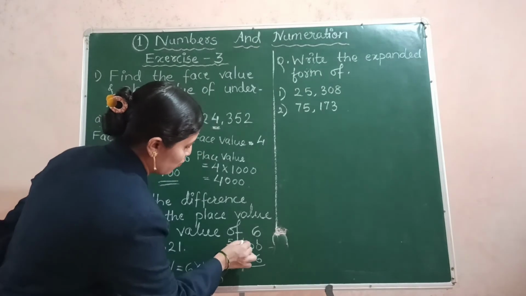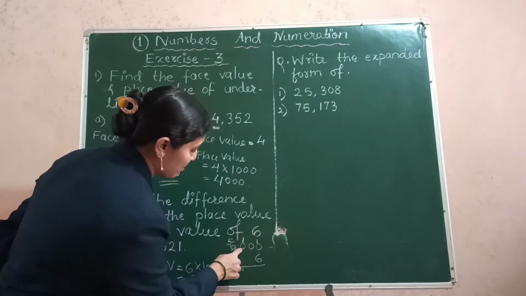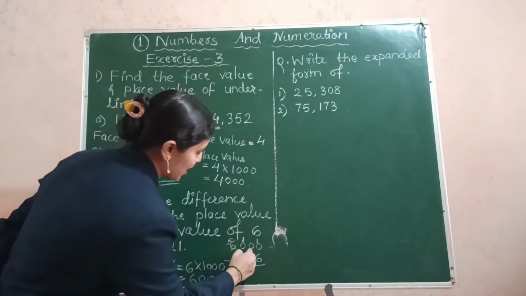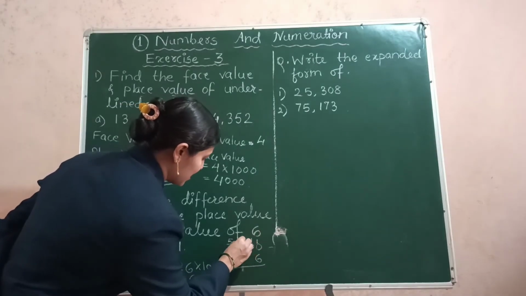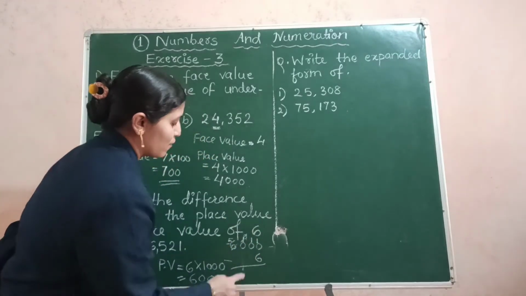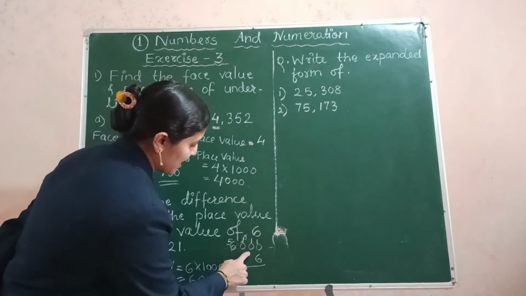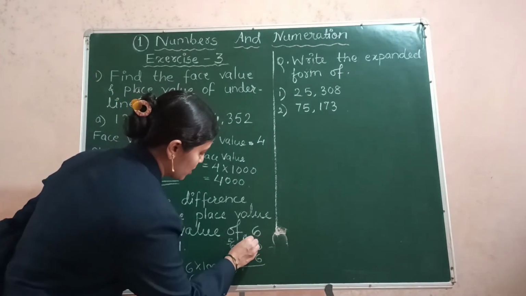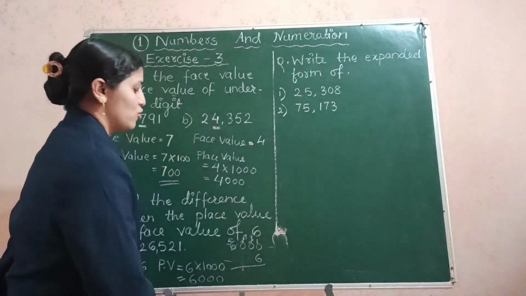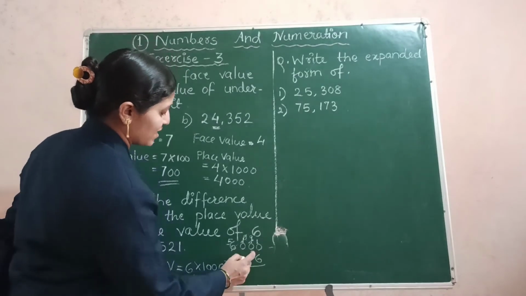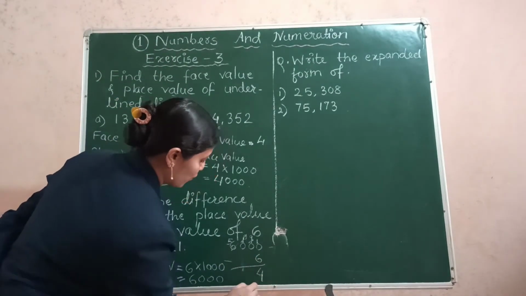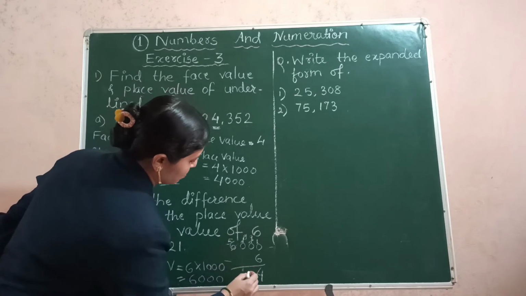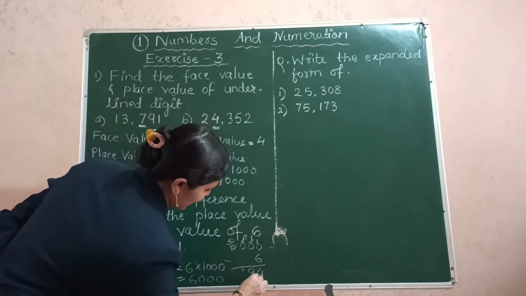From this, since I have taken 1 here, this became 10. From this 10, I will take 1 here. So 1 I take here and this becomes 9. From this 10, I will take 1 over here. So this becomes 9 again. So from this 10, I will minus 6. I will get 4. 9 minus no number, so I will write 9 as it is.